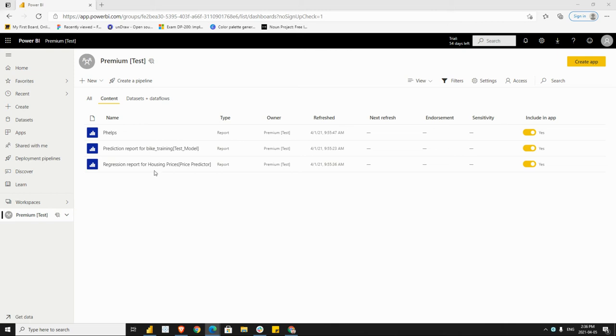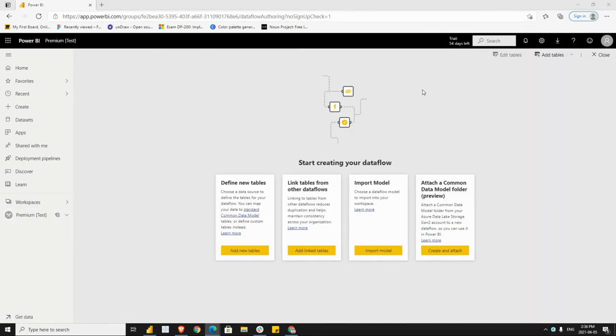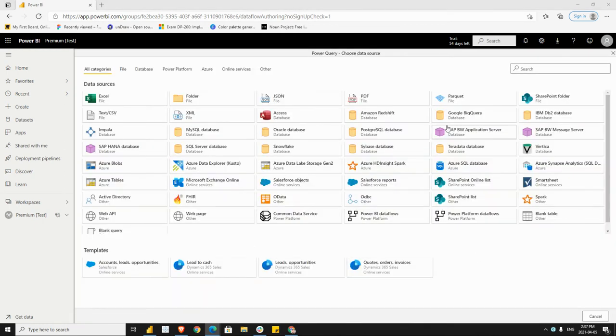With Power BI data flows on premium per user or premium environments, in order to create a new data flow, you need to come to New and click on Data Flows. This page is going to open, and then in here you need to define new tables, which was previously called define new entities. You click on New Tables, and once the page loads, you see that Power Query Online or